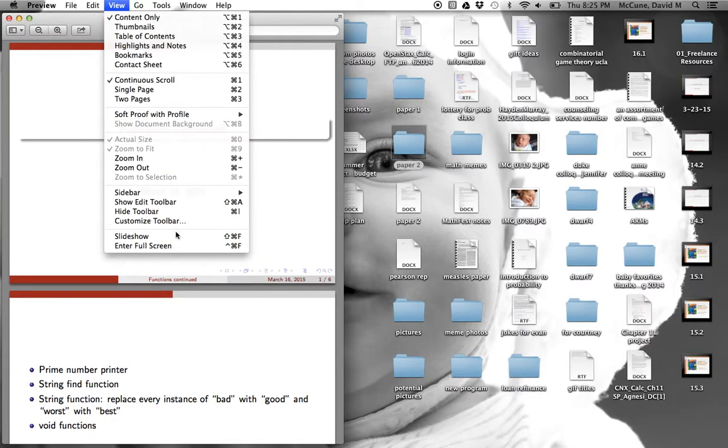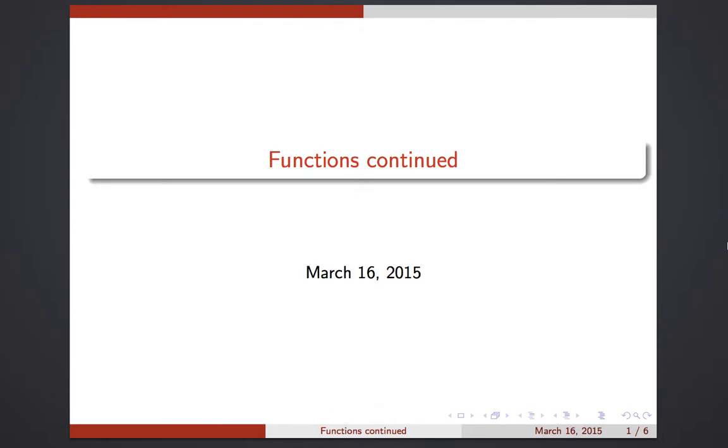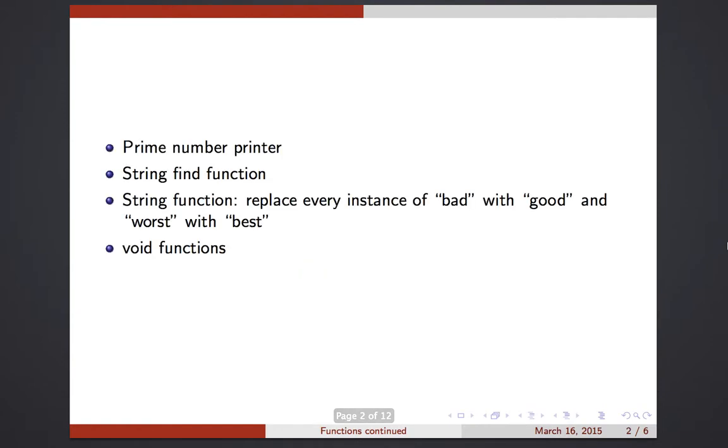Hi everybody, and welcome to the second video on functions. In this video we simply continue what we started in the first video. We continue our study of functions, and in particular there are four things that I want to do for you. I want to show you four different examples of functions in the hopes that this will make you feel more